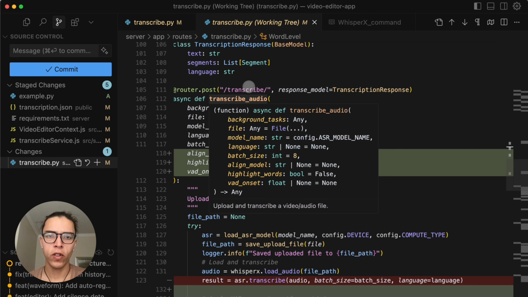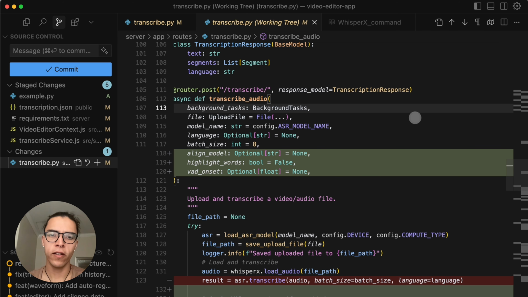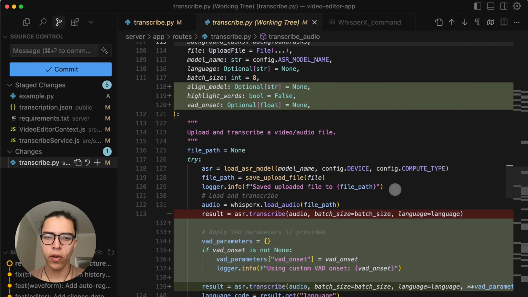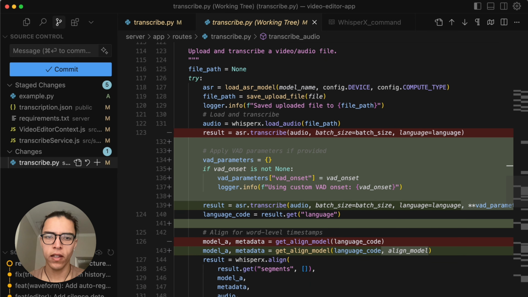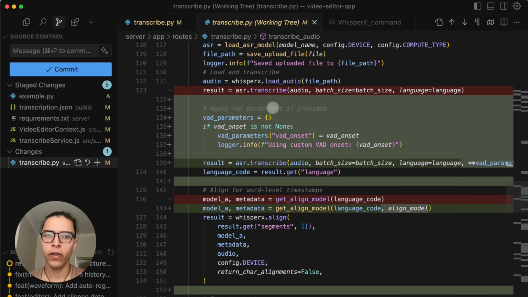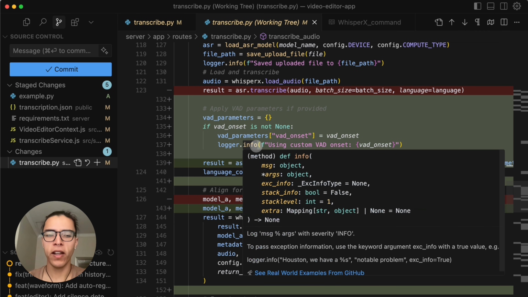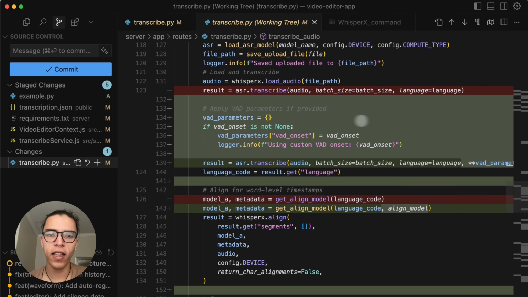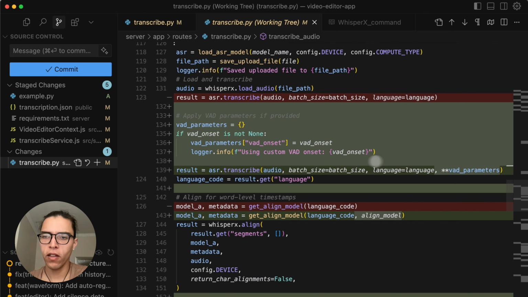Here's the transcribe endpoint handler, and as we saw from the front end, we're passing these in the request. If we keep scrolling, we can see how they're being used down here. Before, we were just transcribing the audio using the batch size and the language, but this time we have more parameters. So now we're checking that the VAD onset is present. If it is, then we add it to the VAD parameters dictionary here, and then we call the transcribe service using those VAD